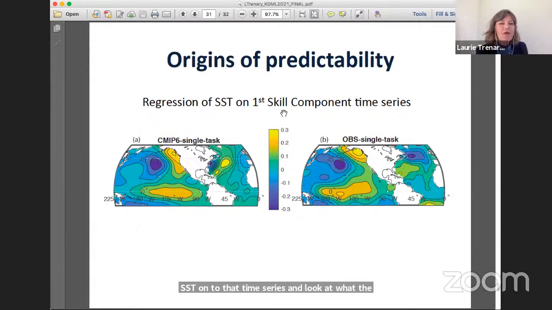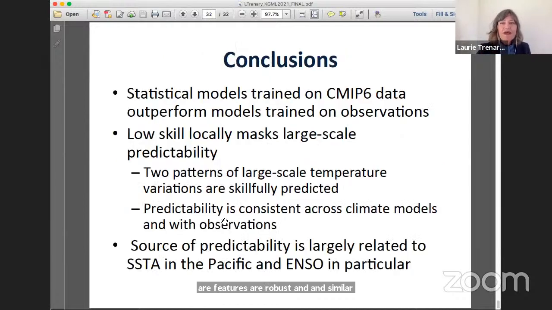And here is the CMIP6 derived at left and observation derived at right. And you can see that the feature that really jumps out at you is the SST anomalies in the Pacific. They look very ENSO-like. And so we can conclude that these are features that are robust and similar between the two data sets. So with that, I will go ahead and end my talk because I'm already going over,